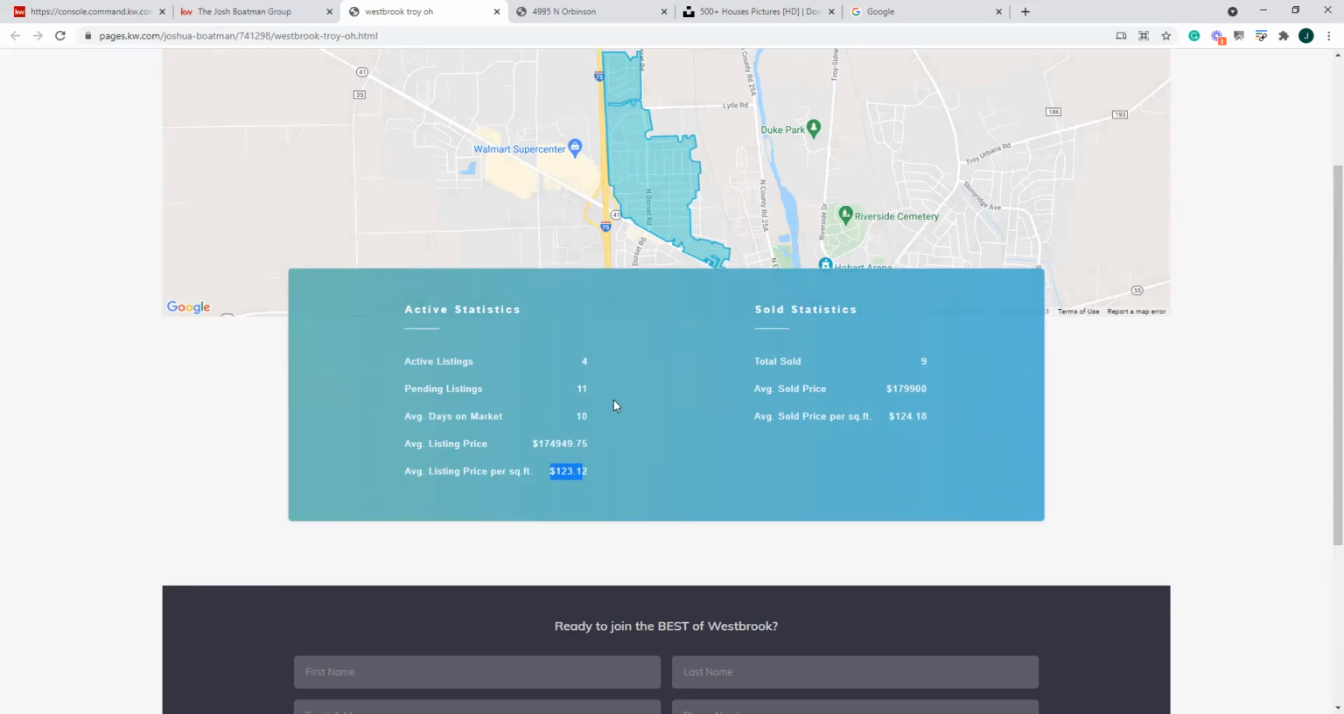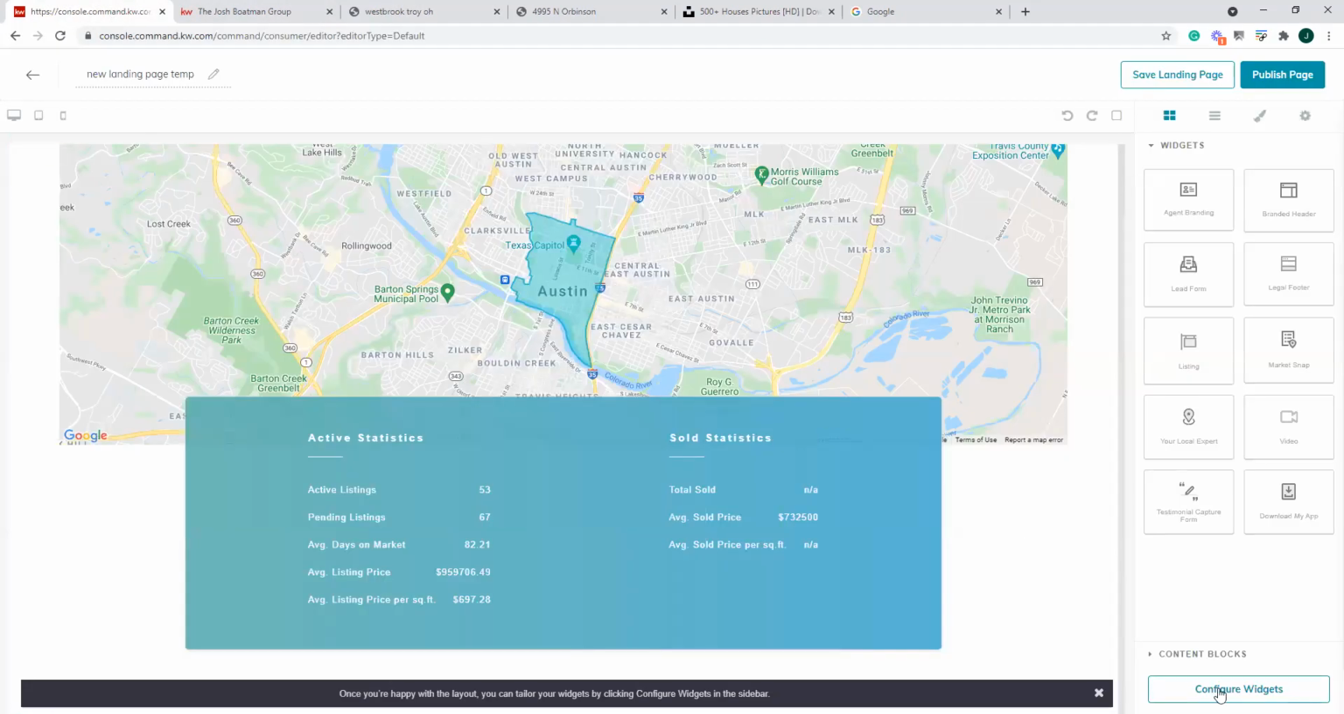This will change daily though. If a new listing comes on active, it'll show it. If it drops off, it'll show it. So just kind of keep that in mind. To add that, it's pretty simple. Once we add it, just like anything else, when we